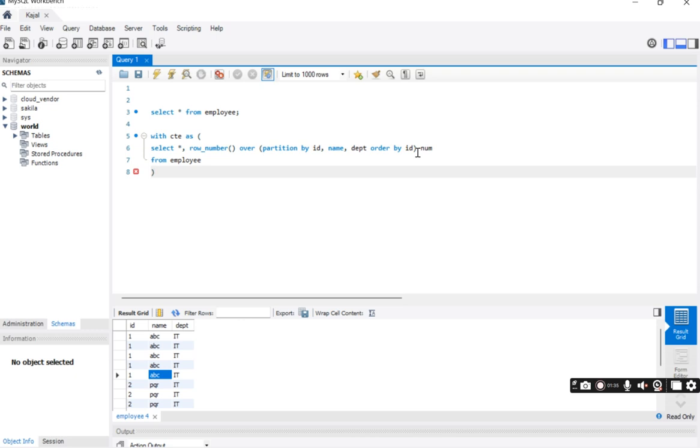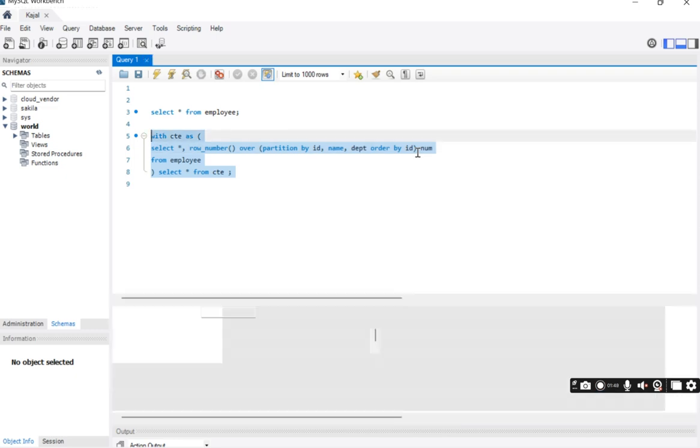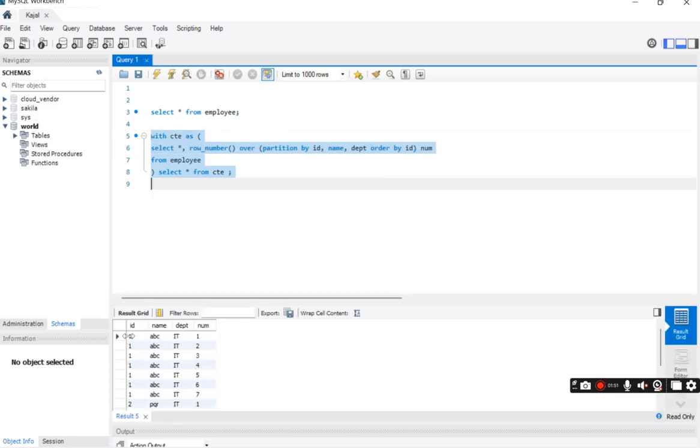Now, before deleting this, it's best practice to just preview the records. So I'll say select star from CTE where num. Let's project the output first and then we'll see what the condition is and how we can delete it. As you can see, for each of the rows we have partitioned based on these three columns and we have assigned a unique number to each row. Now, to make one true copy,